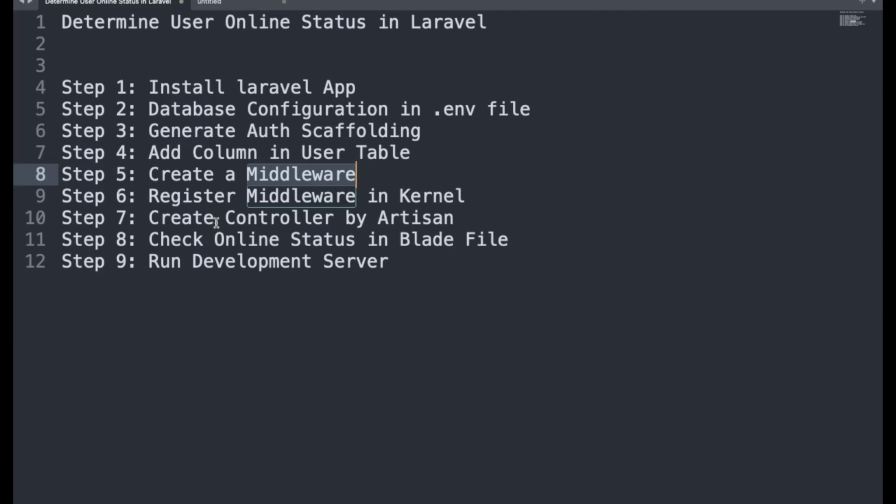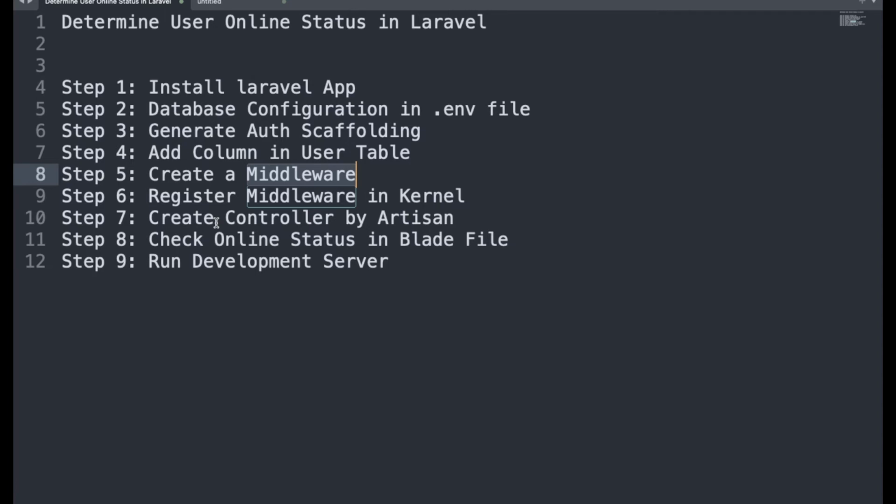The last step is to run the development server. Once you run it, check that your server is running. Your address is 127.0.0.1 and your port number, which for me is 8000. Whatever your port is, you can check it there.